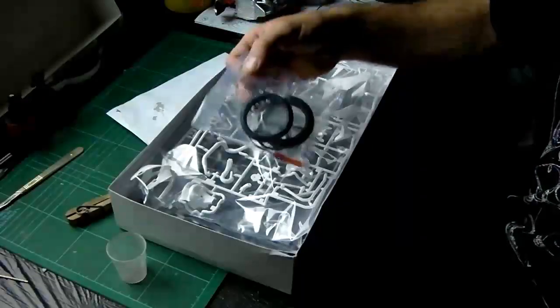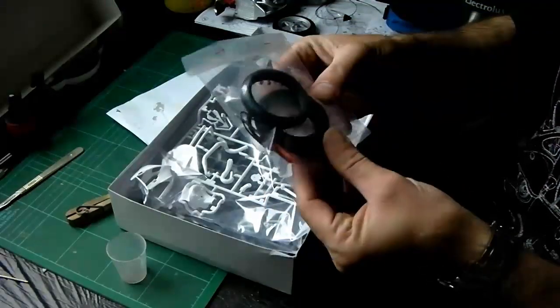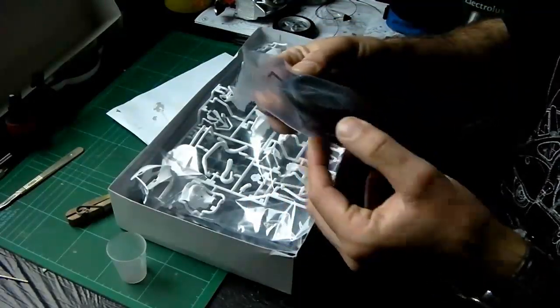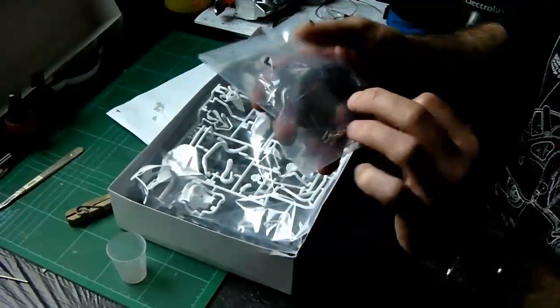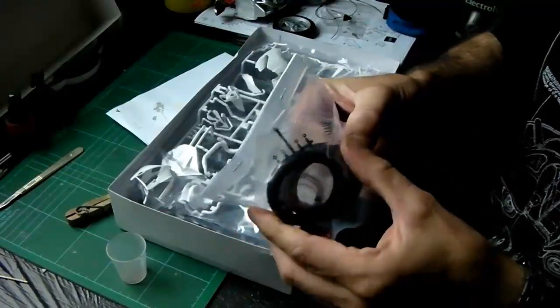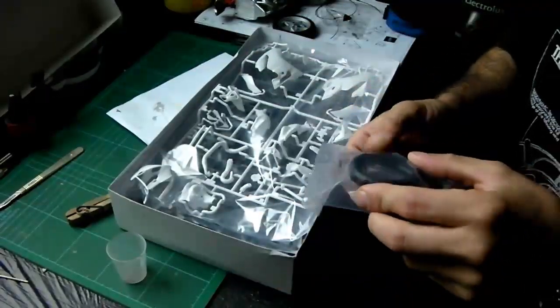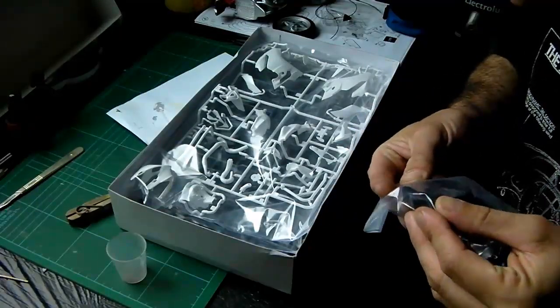In here we have the small bag with the rubber parts: the front and rear tyres, the springs, the various little spacers, screwdriver, vinyl tubing, screws and bolts, and such as you will be used to getting in your Tamiya kits. The tyres, in true Tamiya fashion,